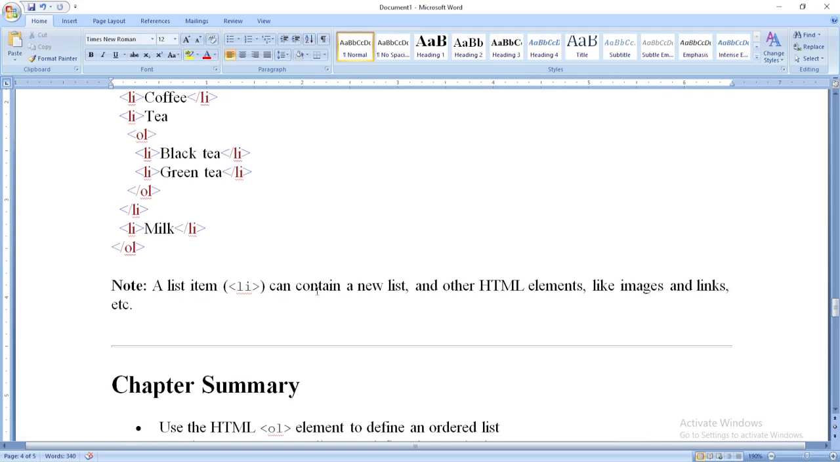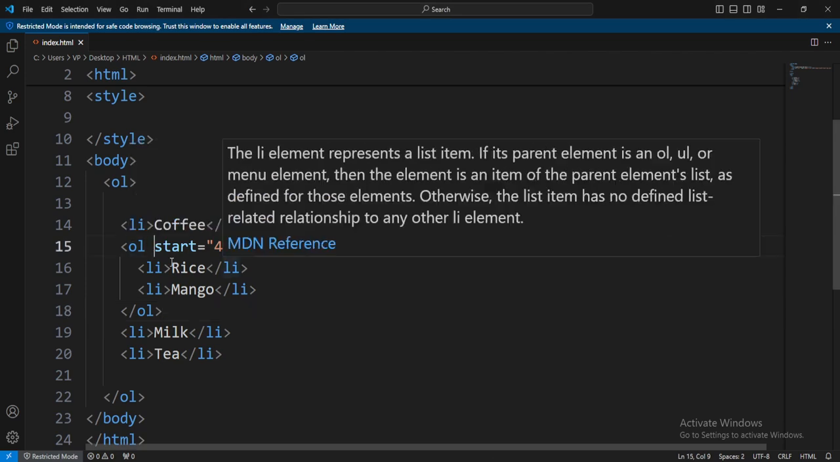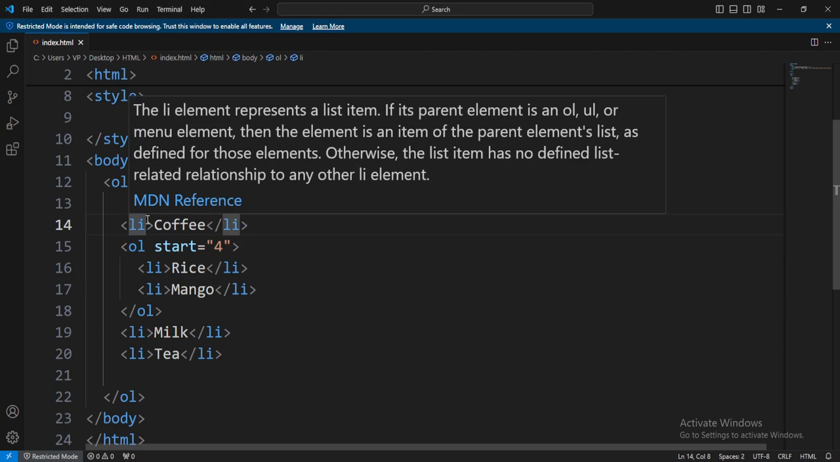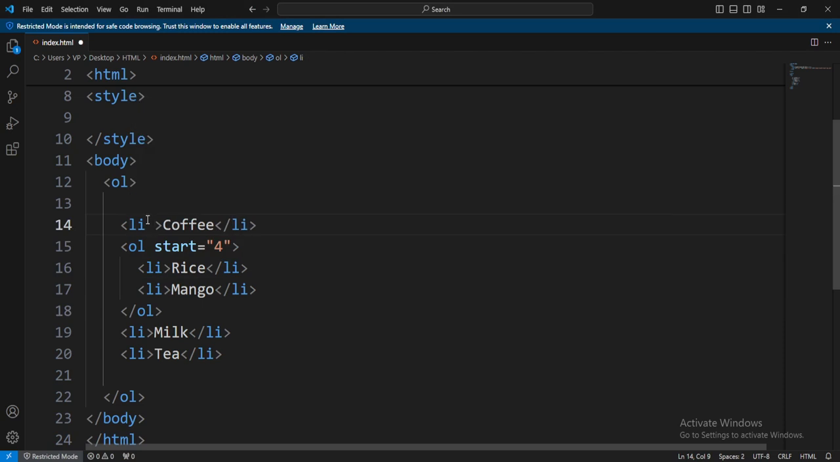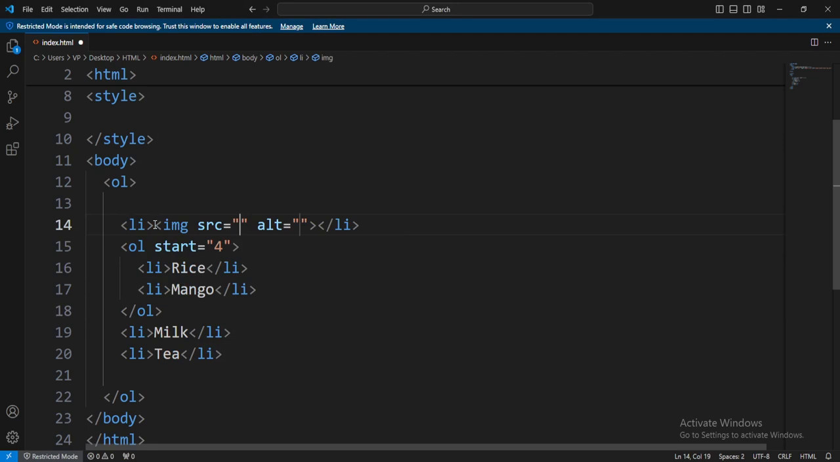Note, a list item li can contain a new list and other HTML elements like images and links and so on. We have discussed this in our previous tutorial. For instance, we are having a copy here. You can add an image there, instead of this copy. Let's say we have an avatar. Let's reduce the width of the avatar, let's say we give it 25